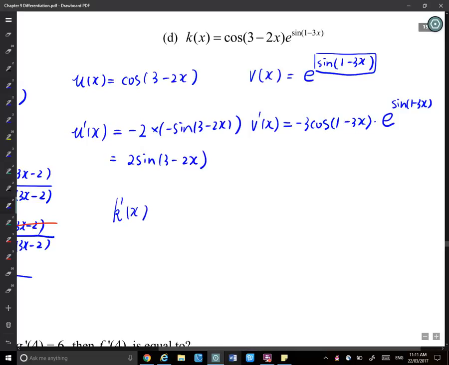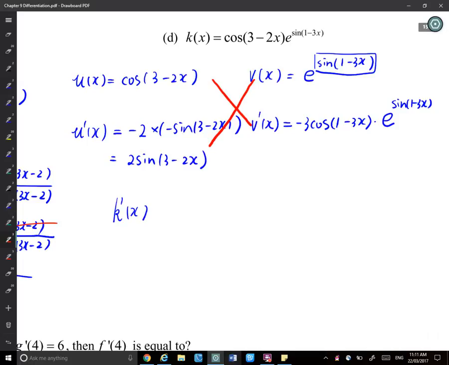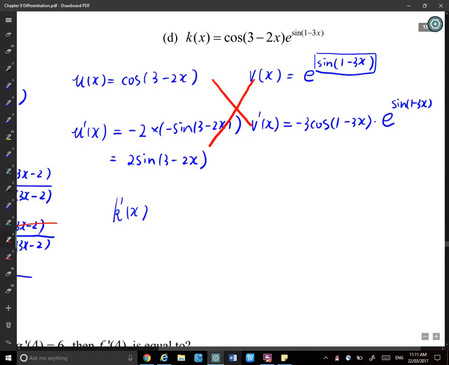So you know you will do this direction. You times those two plus you times the other two: u dash x times vx, v dash x times ux. Times them in a cross way, and then you plus them. So k dash x equals to, okay, let's do this side first: 2 sine 3 minus 2x e to the power of sine 1 minus 3x